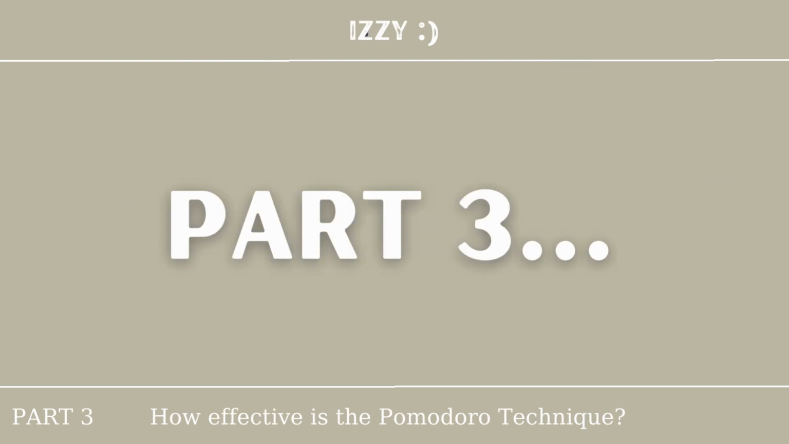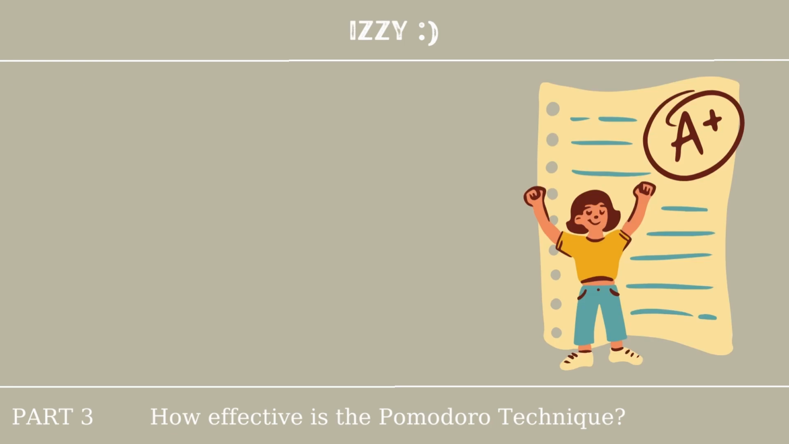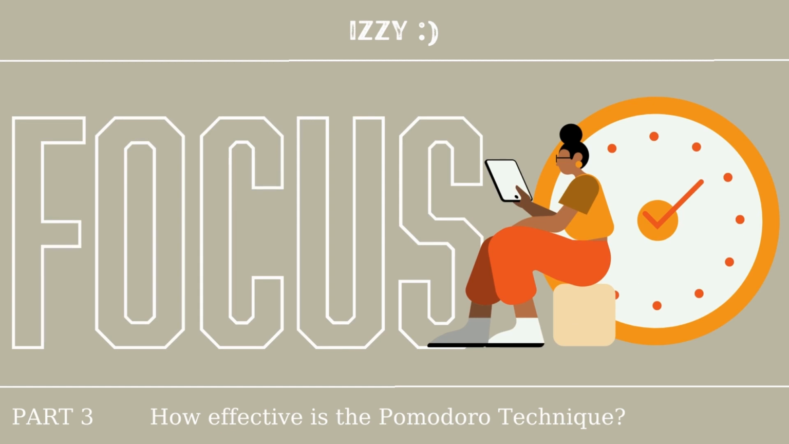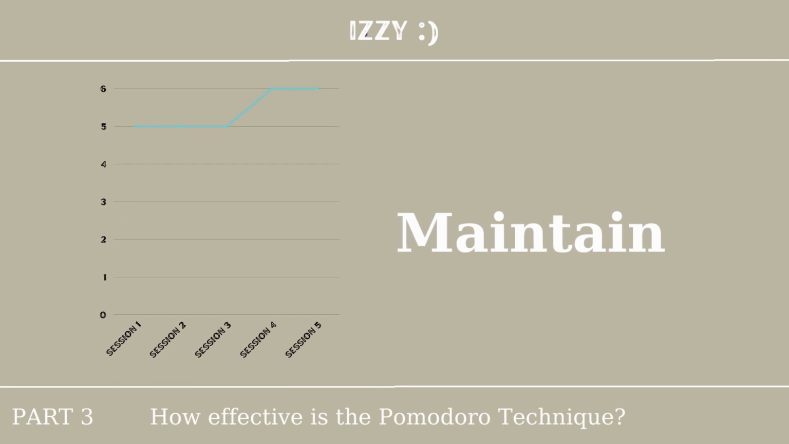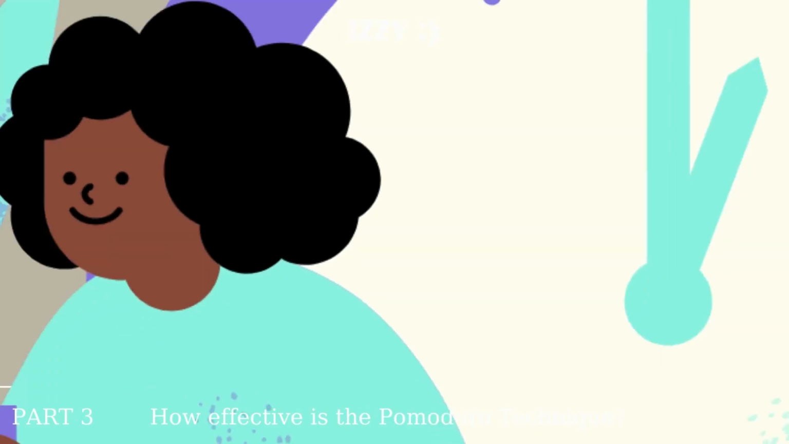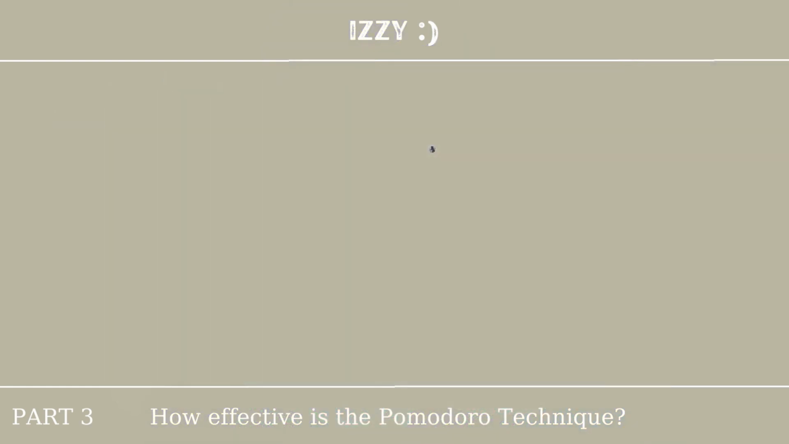So now moving into part 3, how effective is the Pomodoro technique? The Pomodoro technique essentially trains people to focus on tasks better by limiting the length of time they attempt to maintain that focus and ensuring restorative breaks from the effort. This can be extremely effective for certain types of people who lack focus, helping them overcome their tendencies to procrastinate